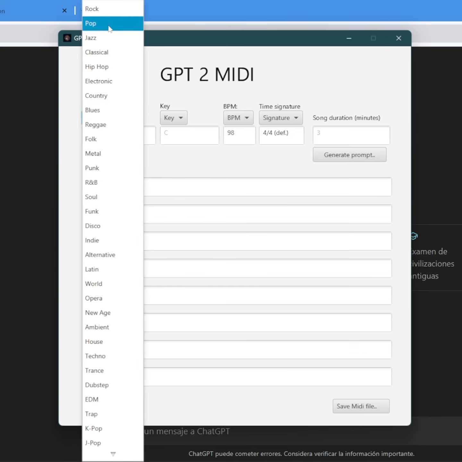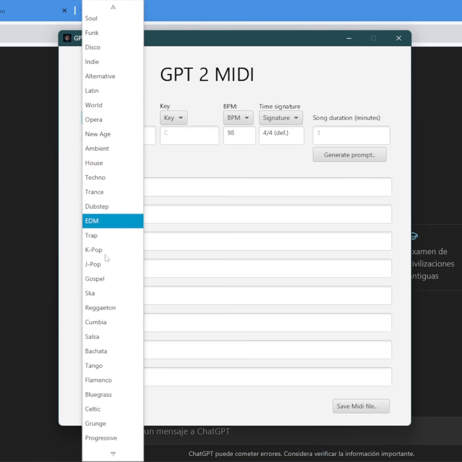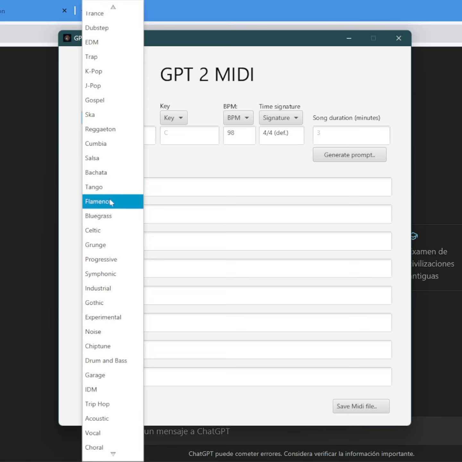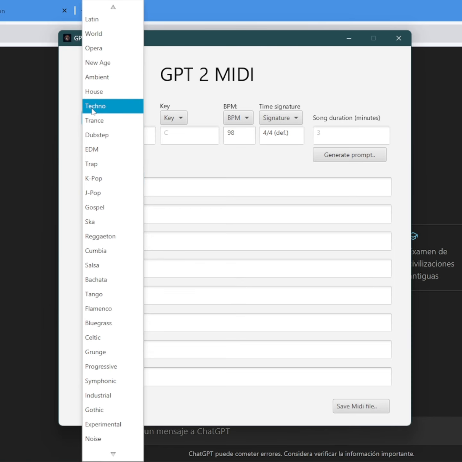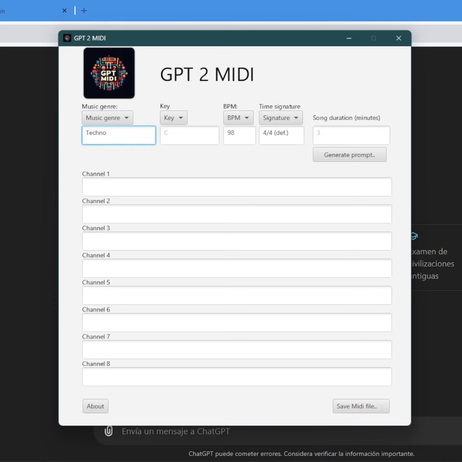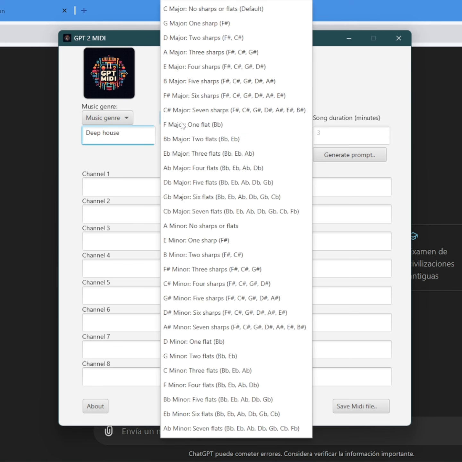First, we can see here the name of genre of music. For example, techno. You can see the text on the text box, but if you like, you can change the name here. For example, deep house, and then key,